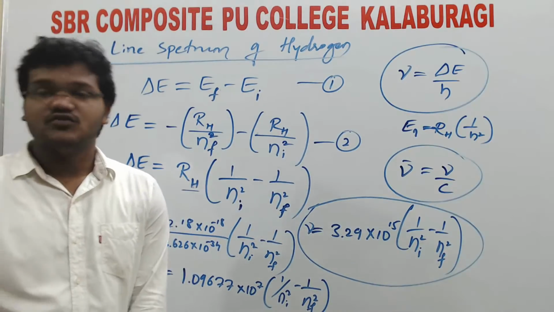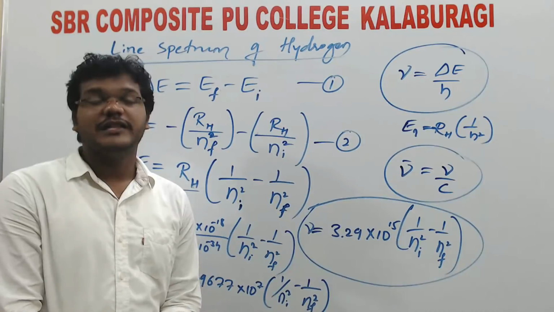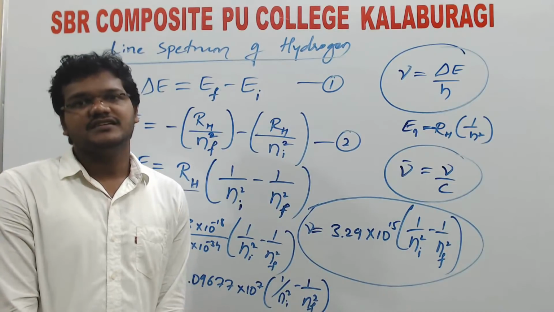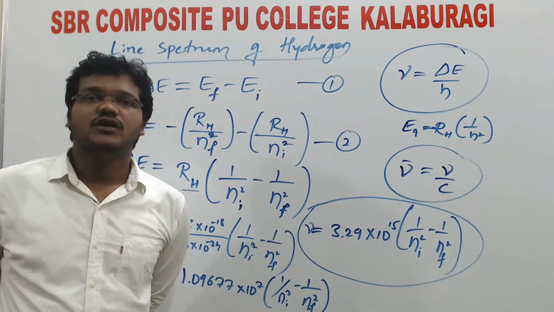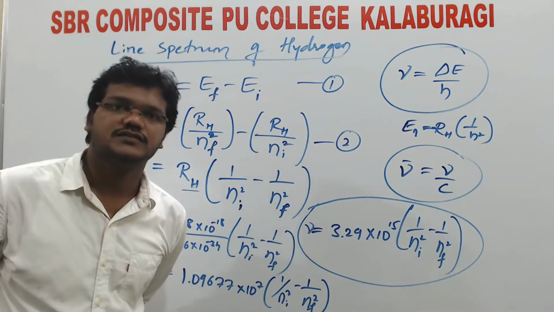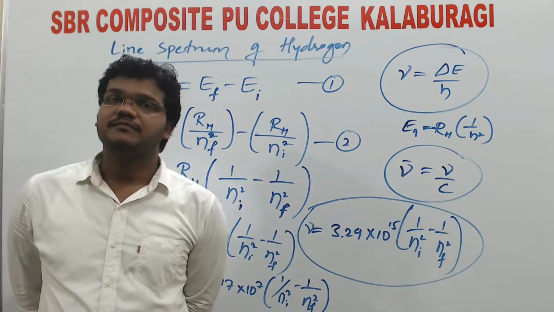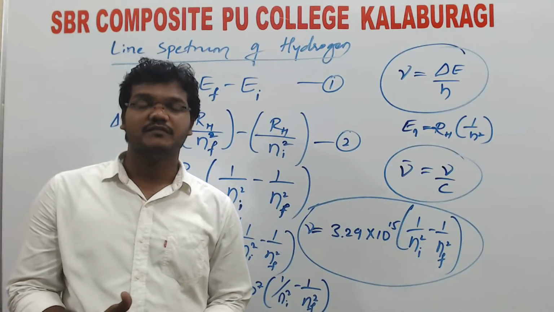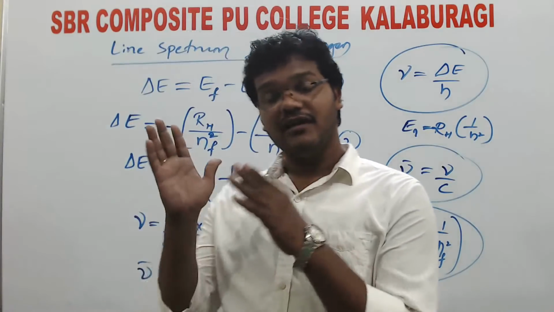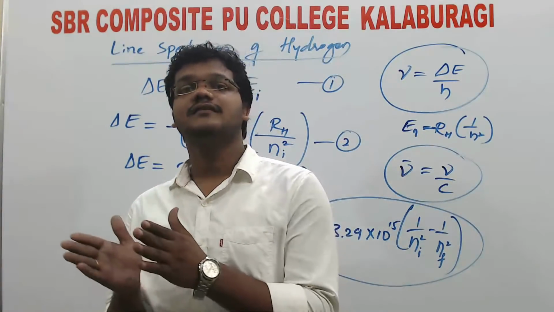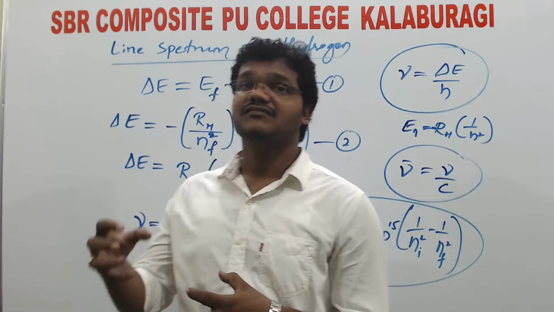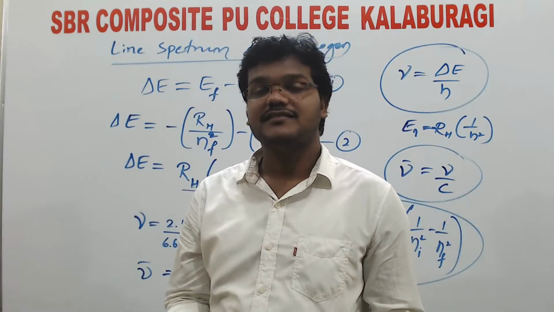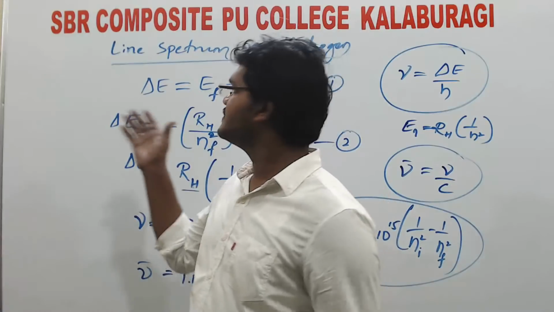Clear? Tomorrow we'll discuss the limitations of Bohr's atomic model. There are 4 limitations of Bohr's atomic model. We'll discuss those things tomorrow, and we'll finish up this Bohr's model of atom. So today we started with Planck's quantum theory, his postulates, and then we shifted toward Bohr's model of atom. In Bohr's model of atom, we discussed his postulates and his successes. We said that he explained stability. Then he successfully explained the spectral lines of the hydrogen spectrum, and this is the third success,